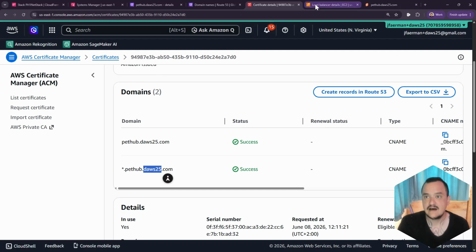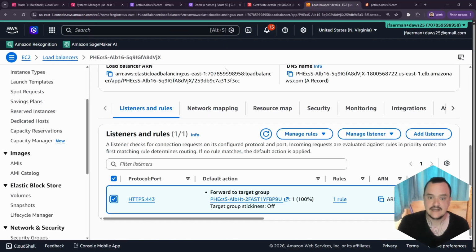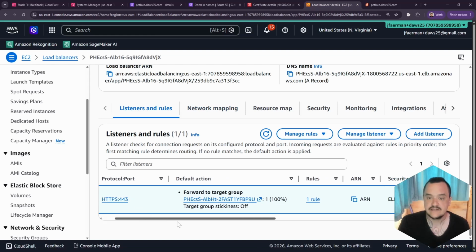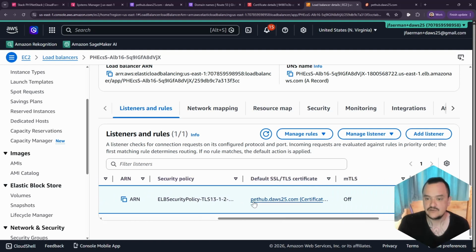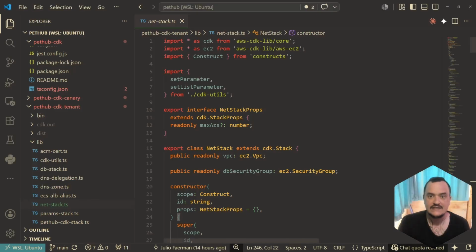And in the end, our intention is that the load balancer that we create will have the HTTPS forwarding to the same cluster and the same compute we've been using, but pointing to the certificate that we created. So for that, here in our CDK code,